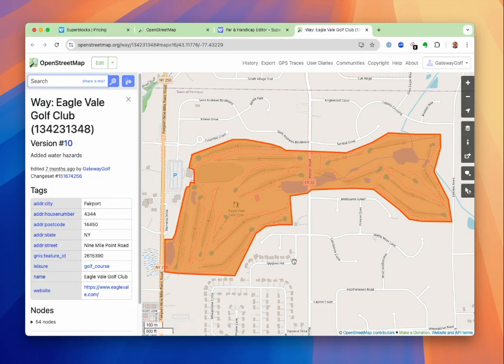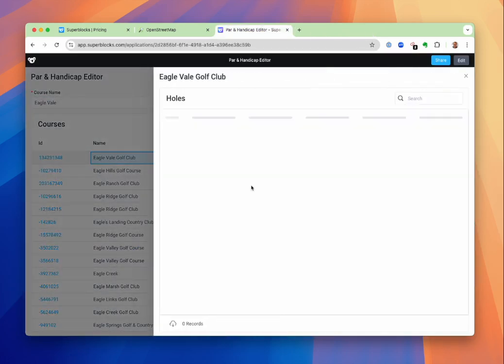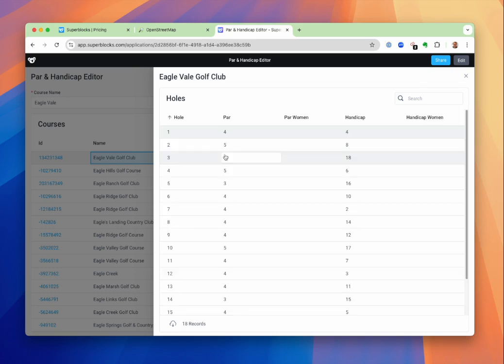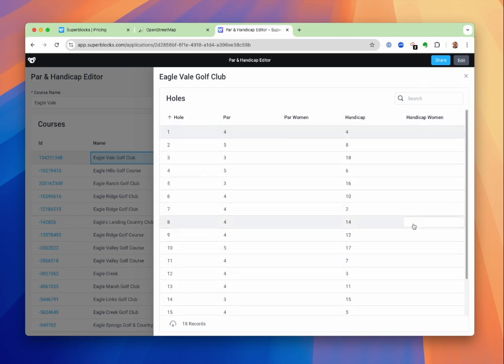So if I needed to be able to quickly jump to a course and make changes, I'm able to do that. But beyond that, I can also click on the row here and you see it pops up this editor. You see it's loading right now. What it's actually doing is pulling the data from OpenStreetMap. So it's pulling in all that whole data. And you see it came up and it's got all the different hole numbers there and the pars and the